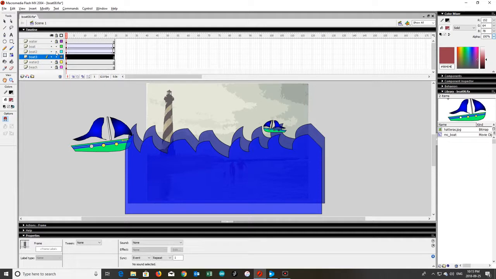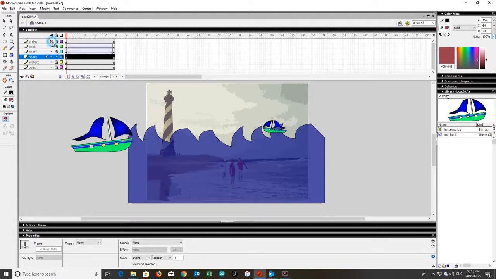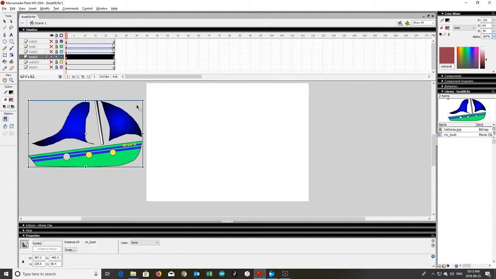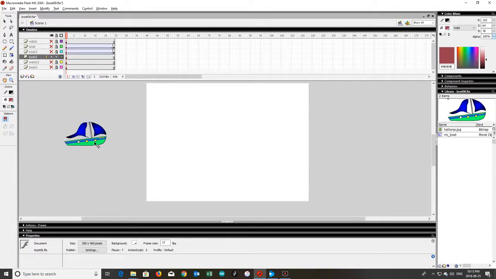Okay, and I'm going to lock these other layers. I'm going to turn off everything. Actually, if I click on this eye, that turns everything off, and then I can turn this layer on. I'm going to drag another instance of my boat over here, scale it down a bit. Now, actually, I could change the color of this. If I make a copy of this,